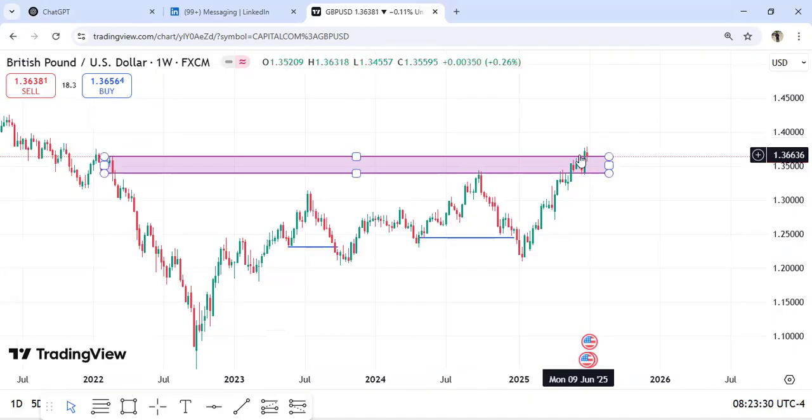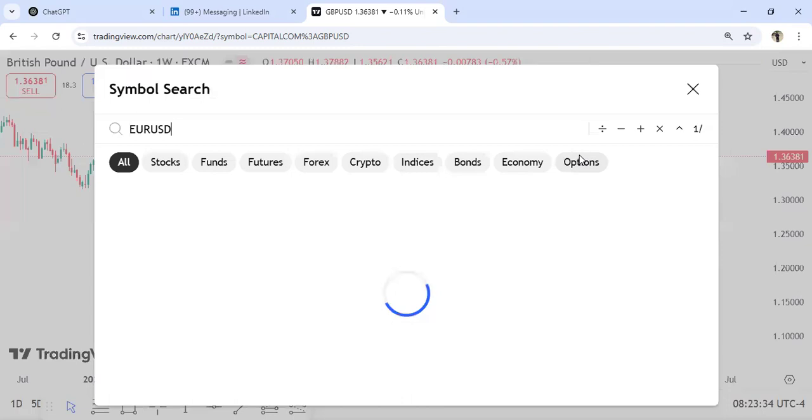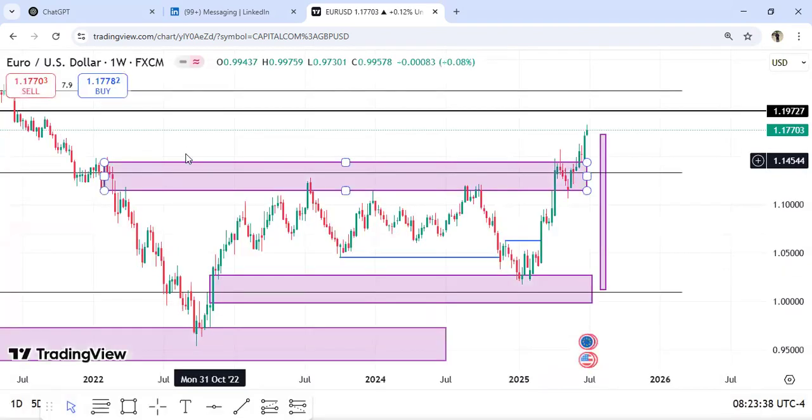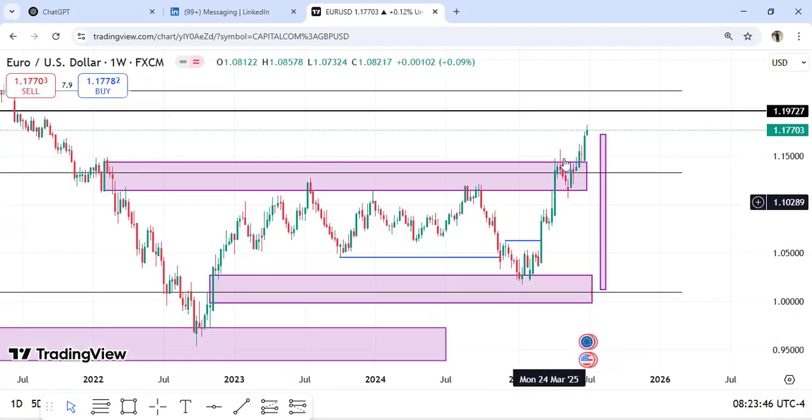And if you look at EURUSD, we are seeing a run above this area of resistance. You can also call this an order block, but this is also an area of resistance making it turn